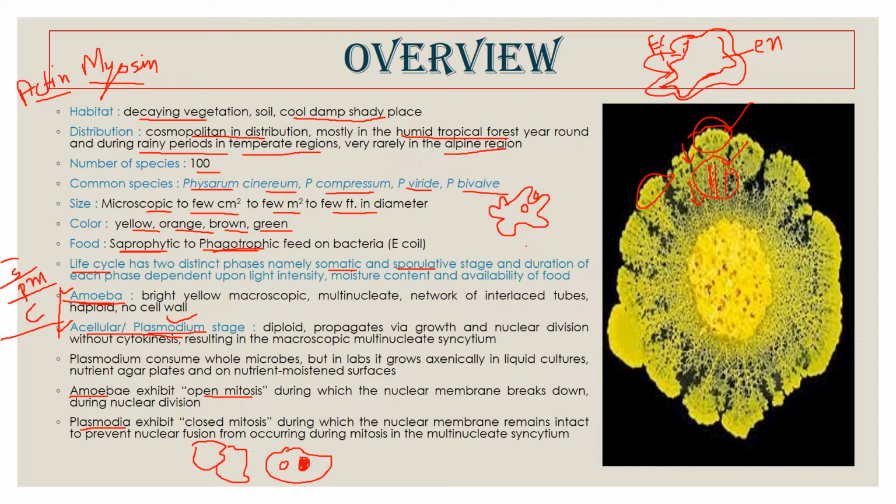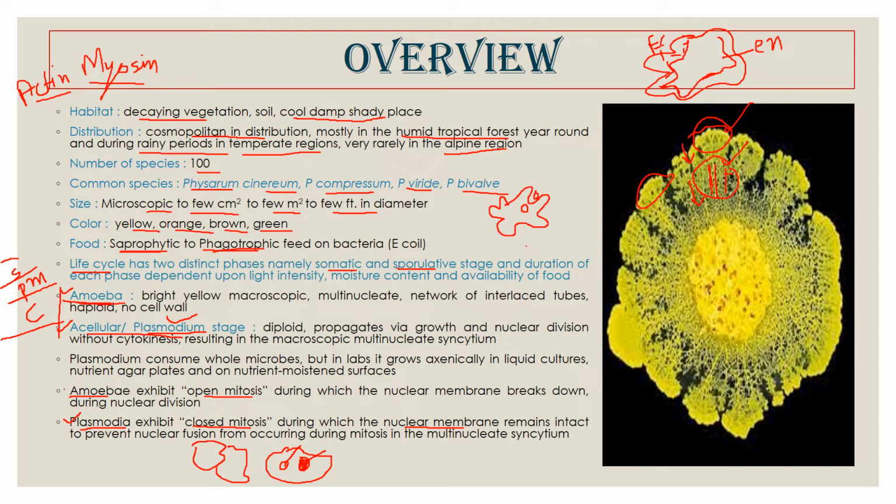So if two or more amoeba have fused to form a large plasmodium, they will have two different types of nucleus, and because they want to maintain their individuality, when these two nuclei divide, what they do is that